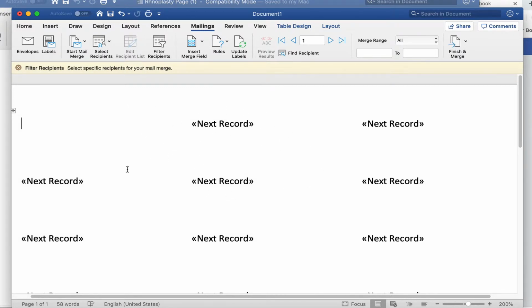layout. The next thing you need to do is insert the merge fields. So in this case, I'm going to insert the first. What I suggest as well that you do is put 3 spaces here. So I'll do 1, 2, 3, just to make it not be close to the edge of the label. You want some extra space in there. Then insert first name, space, and then last name, and then